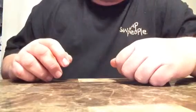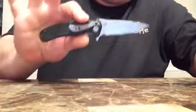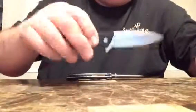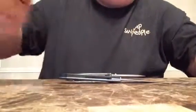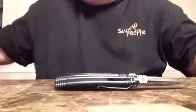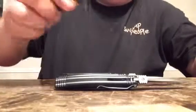Hey guys, me again. I wanted to show you my Kershaw collection. As I showed you before, I got the Zing and the Skyline and the Nerve and the Nerve again. Why two Nerves? Because they were cheap and they're good. The Chill,